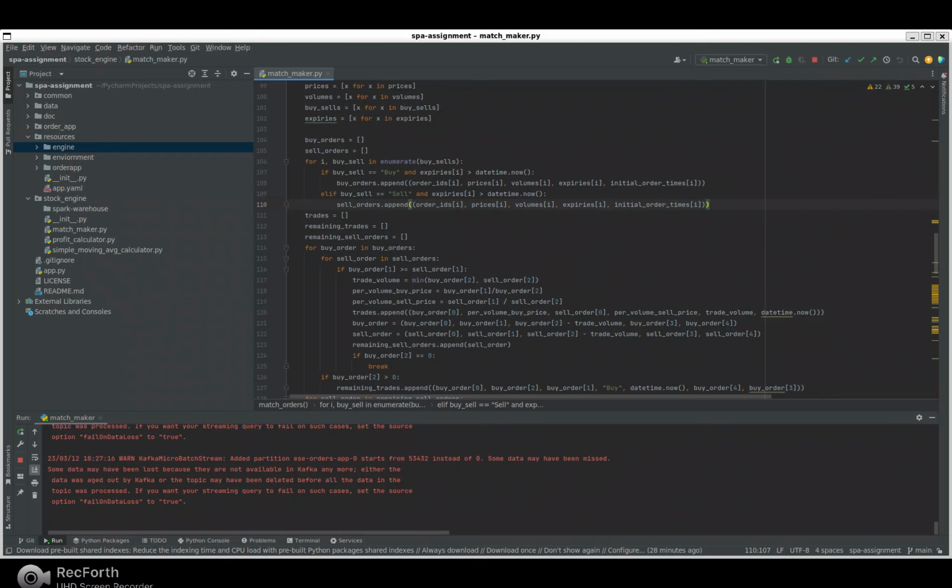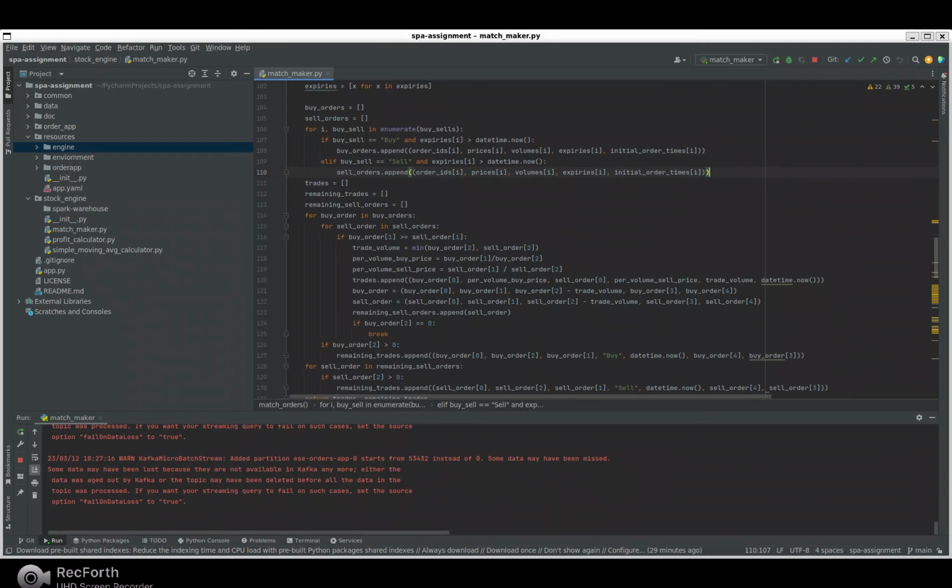If buy order price is greater than or equal to the sale order price, then we can trade this. So it will calculate the trade volume, which should be the minimum of these two, because if sale order volume is less and buy order volume is greater than this, this cannot be a 100% match. So in that case,